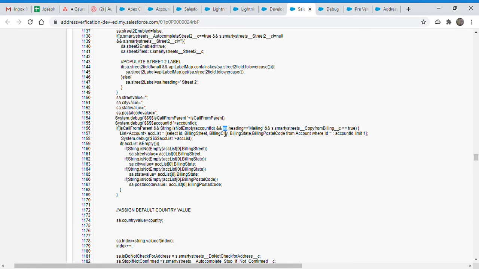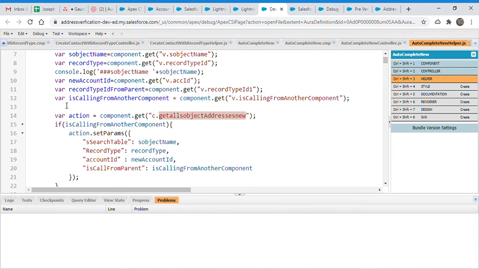If the user overrides the fields, I'm not sure if the user should override, but that's okay. It's hard coded for account, and that's fine because the functionality is copy from billing. But what I'm suggesting is this: I'm working on the autocomplete new component, and I will not change anything that's not required here. I'm just showing you, but I'm modifying a few things, like when we need to call the APIs and how to put the verified responses, so that we don't need to update the record after it's created or updated,